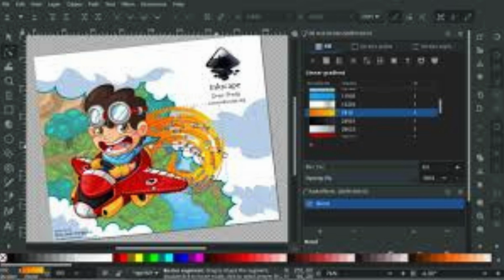Exactly. And you can shift-click with the eyedropper to pick up the stroke color instead of the fill color. You can even drag the eyedropper to get an average color from a selected area. That's super useful for matching colors precisely. Now, the sources also mentioned something about blend modes, blur, and opacity. Those seem like they could get pretty complex. They can, but they're also incredibly powerful for achieving certain visual